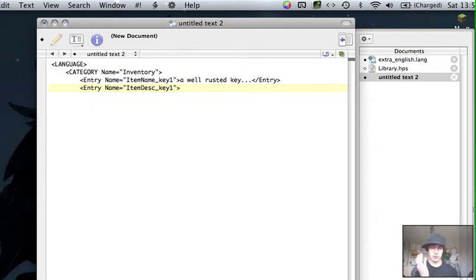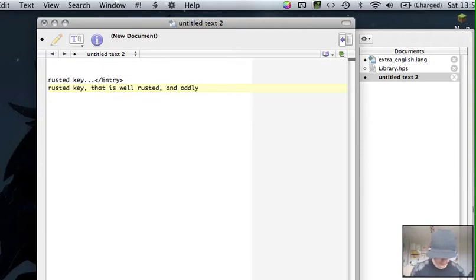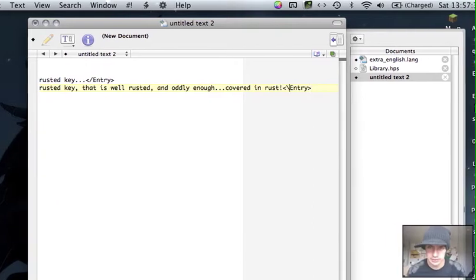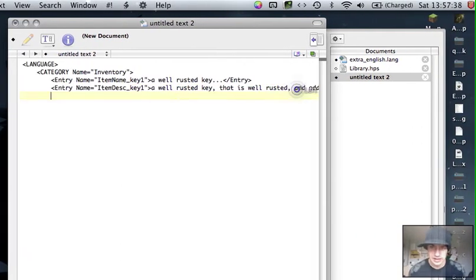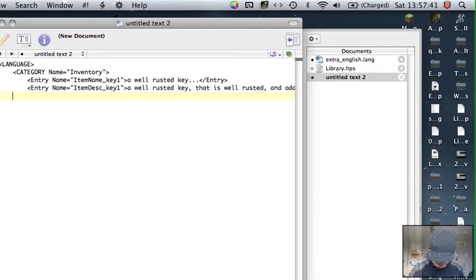Here is where you write your description. So let's say my description would be a well-rusted key that is well rusted and oddly enough covered in rust. Entry close. I used the wrong thing. That one. Yes. Okay. So there you've got your description for it, and that you would then put your close